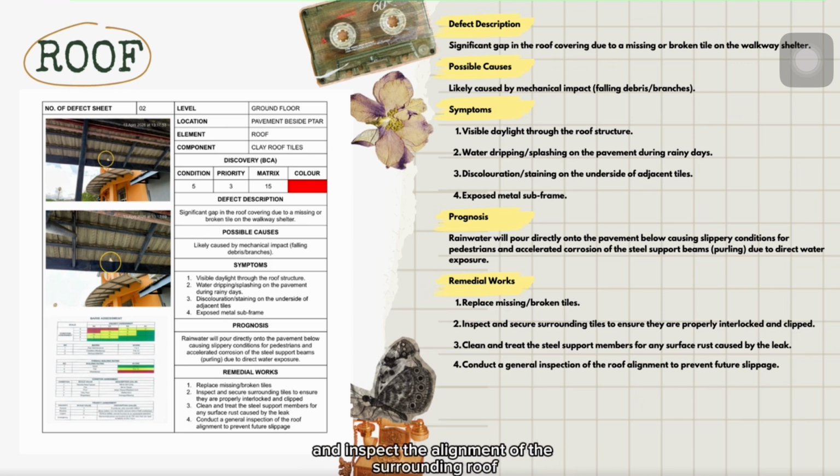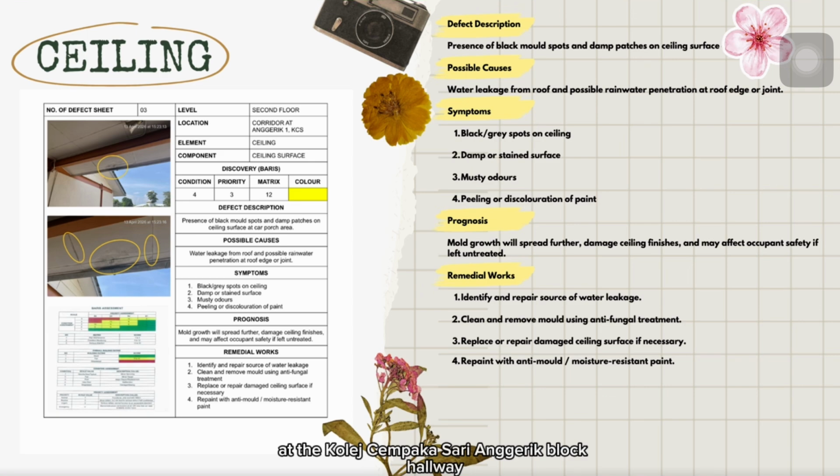of the surrounding roof. At the College Cempaka Sari Anggerek Block hallway, I identified black mold spots and damp patches on the ceiling surface. This is a classic sign of water leakage from the roof above. If not addressed, it will destroy the ceiling finish and create an unhealthy environment. We must first stop the leak at its source before cleaning the mold with antifungal treatment and repainting with moisture-resistant